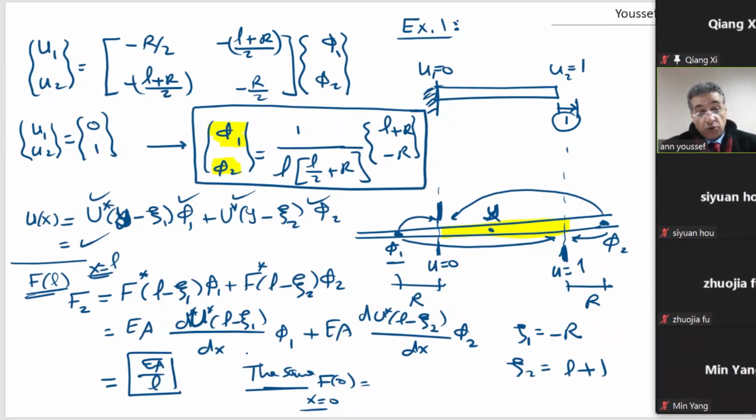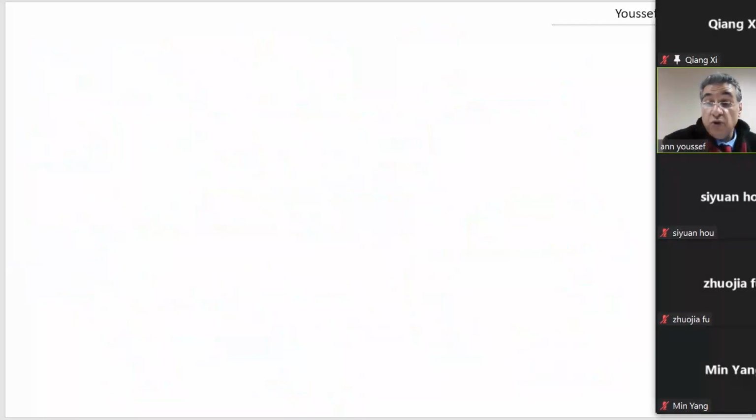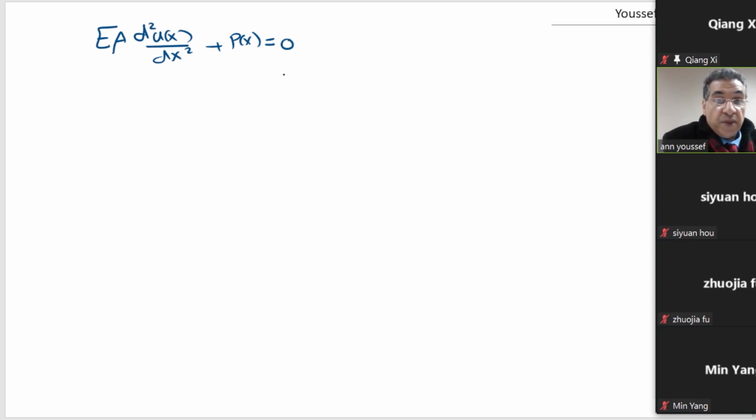At this point, I want to give some comments on the methodology we used. Actually, I will wrap up again what we did. In the previous lecture, we have this very simple differential equation, d2u of x by dx squared plus p of x equal to 0. And this equation represents a bar